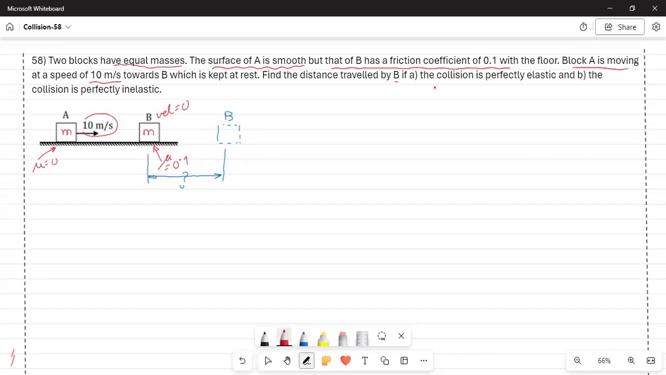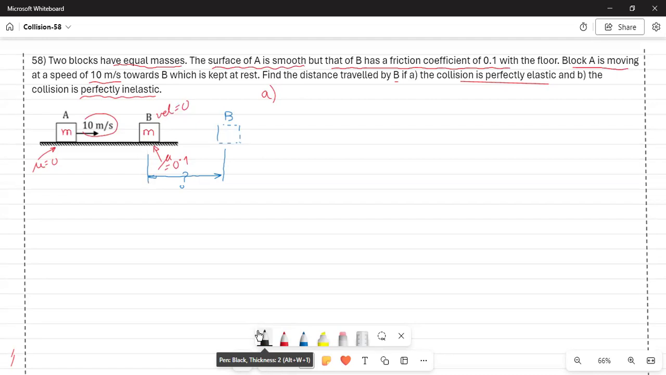But in two different conditions. One condition is the collision is perfectly elastic. Another condition is the collision is perfectly inelastic. So let us take part A first. If the collision is perfectly elastic,